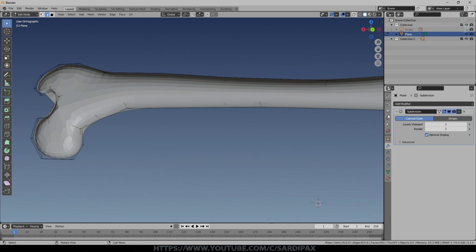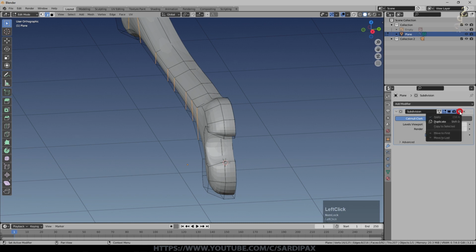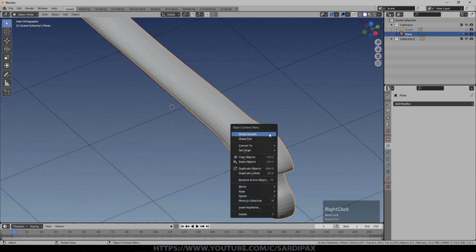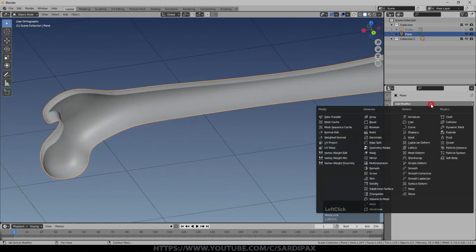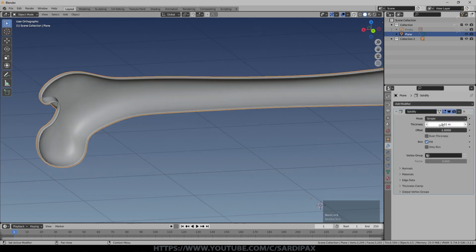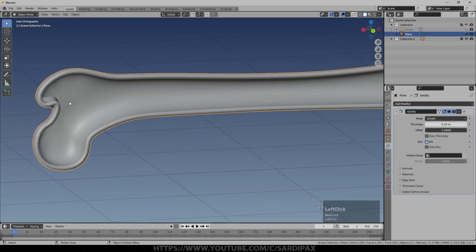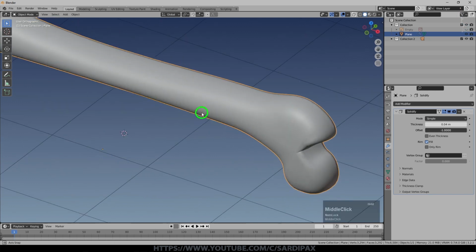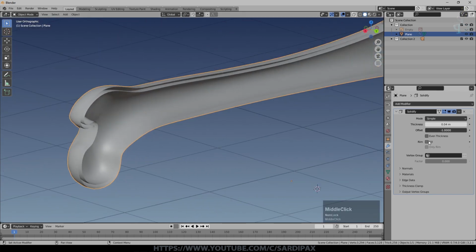If you wanted a solid object, then that'd be fine. So I'm actually going to apply that subdivision surface, and we'll set it to smooth shading as well. And now I'm going to add a solidify modifier, and we can play with the thickness. See, we are getting some dodgy geometry in certain places, but it should be okay. And I've turned off fill rim because I don't actually need that face to be filled.